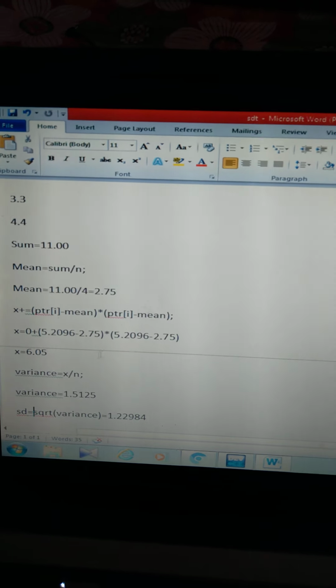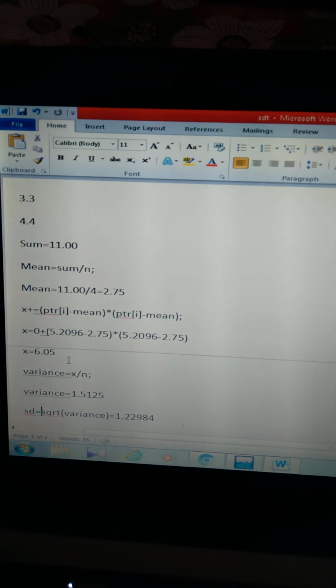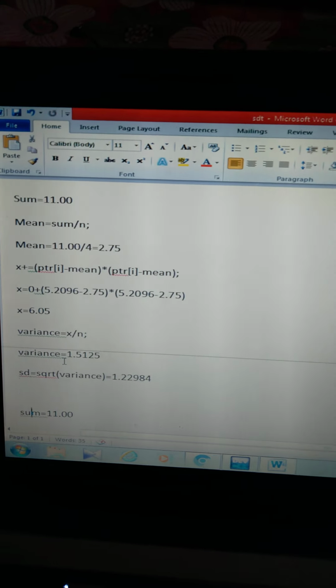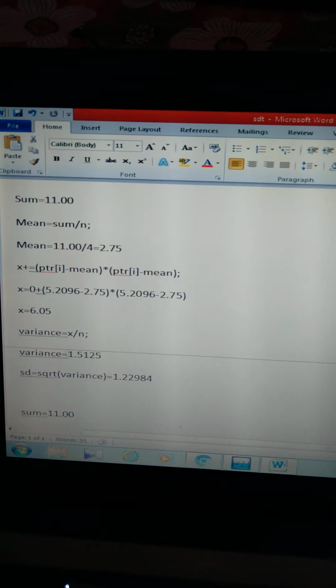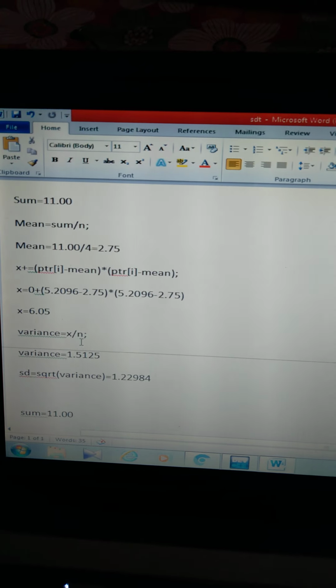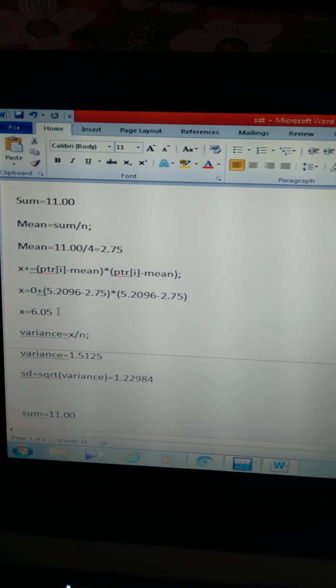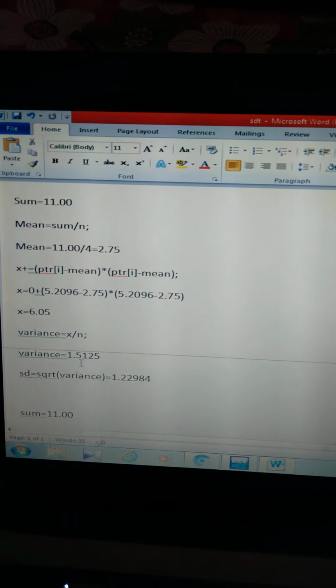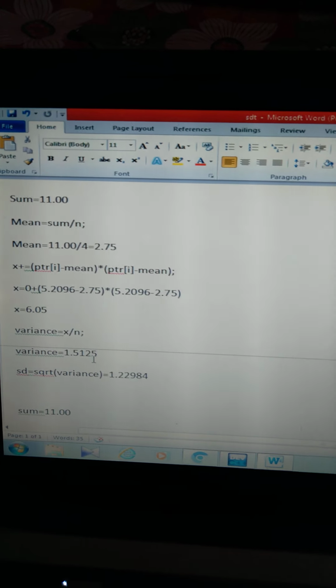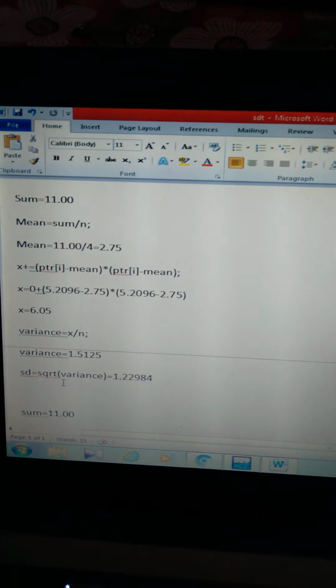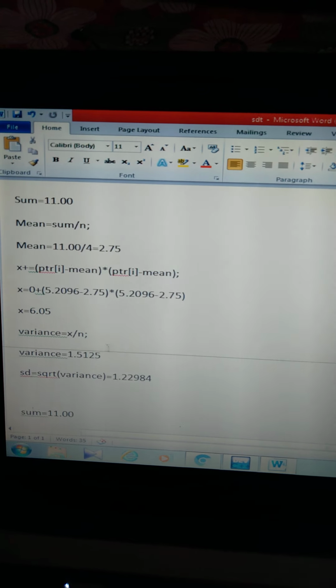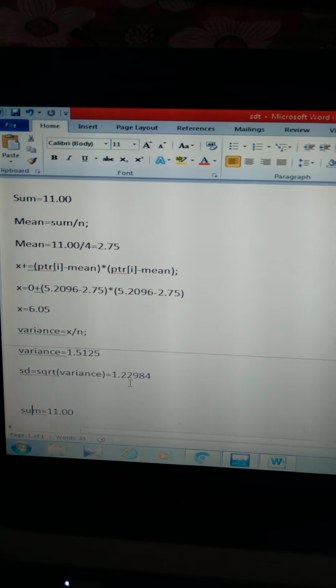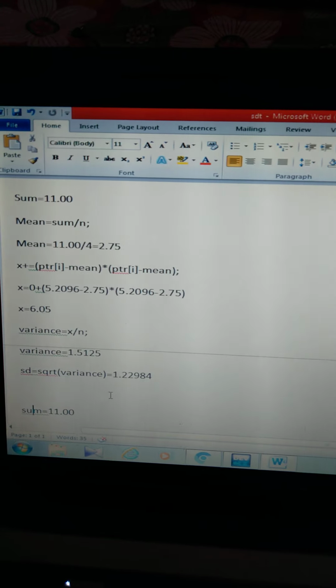Same thing here. Then the x value becomes 6.05. Now variance is equal to x divided by n, that is this value divided by 4, then we get this value 1.5125. Then SD is equal to the square root of variance. We find the square root of this value and this becomes 1.22984.